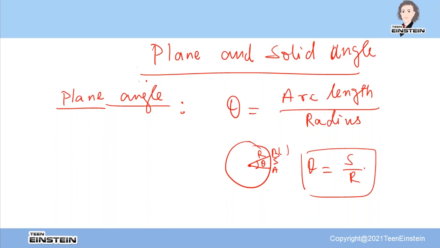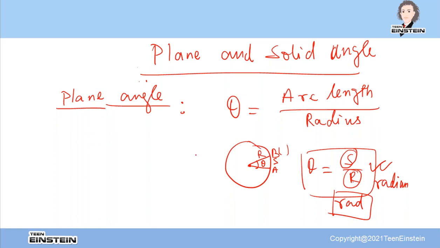And this is planar angle in the sense it has two things, r and theta. So these two positions will have r and theta, even though in this case r is constant, so you will have coordinates r and theta. So this is a two dimensional quantity or planar quantity. And this is a dimensionless quantity because this has the dimension of length, and this also has the dimension of radius. Both are length, so length by length there is no unit,